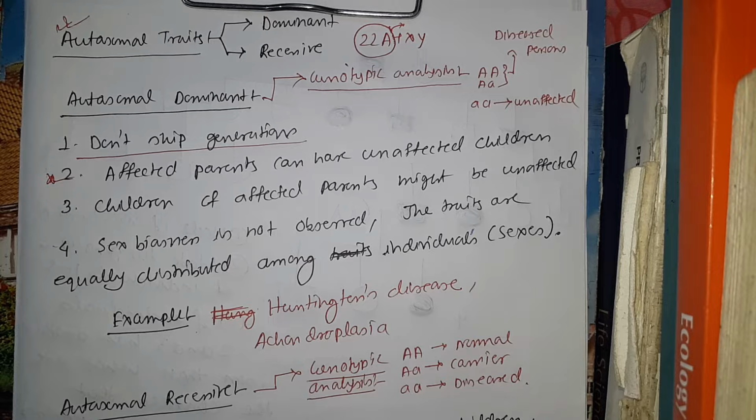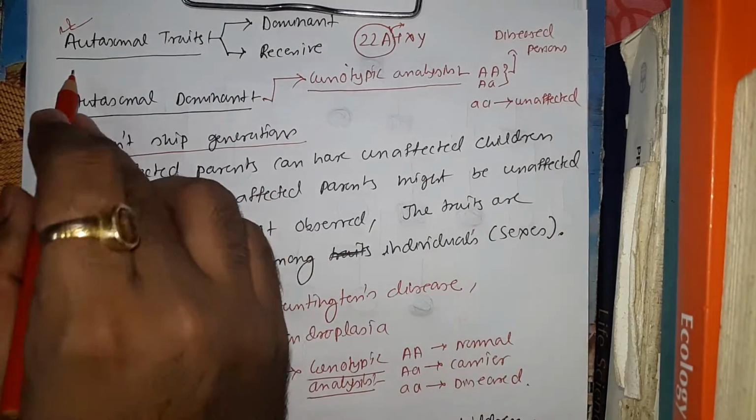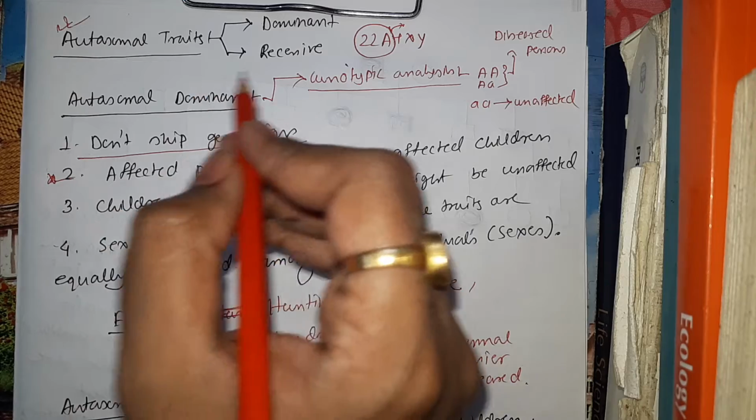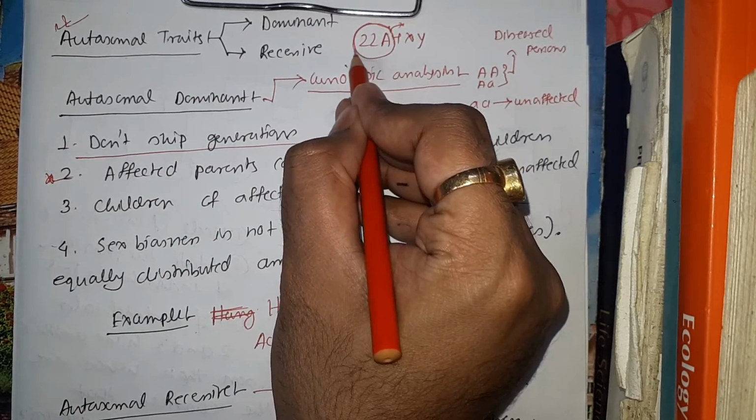From this video we are going to talk about some examples where you need to determine whether a particular trait is autosomal or X-linked, and whether it is dominant or recessive. Today we are only going to talk about autosomal traits. That means our trait is a result of change in autosomal chromosomes. As I have told in our previous video, autosomal traits are the result of a defect or change in these 22 pairs